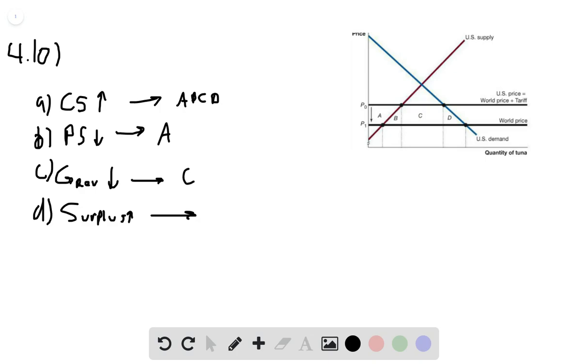So the total surplus is going to be consumer surplus minus producer surplus minus government revenue. So what are we left with by starting with A, B, C, and D, subtracting A and subtracting C? We're getting B plus D. Because B doesn't represent a loss, and D doesn't represent a loss. Well, A represents the loss of producer surplus, remember? C represents the loss of government revenue. So total surplus is this area B plus D. So as a whole, surplus is positive, meaning that this reduction of tariffs